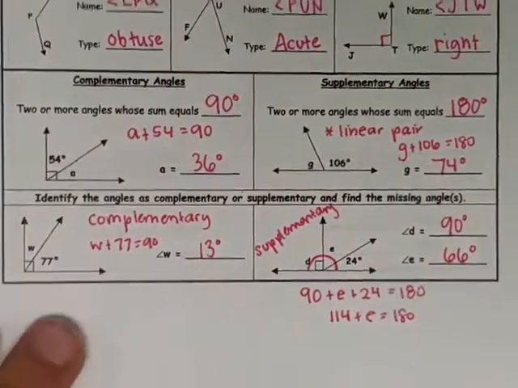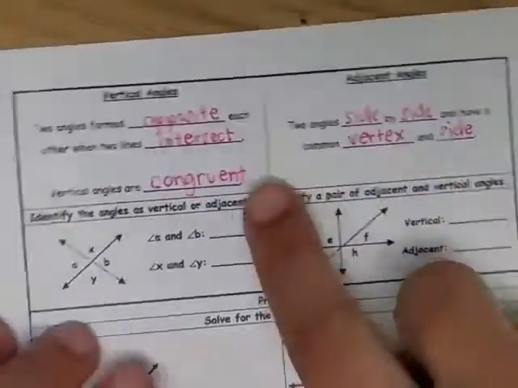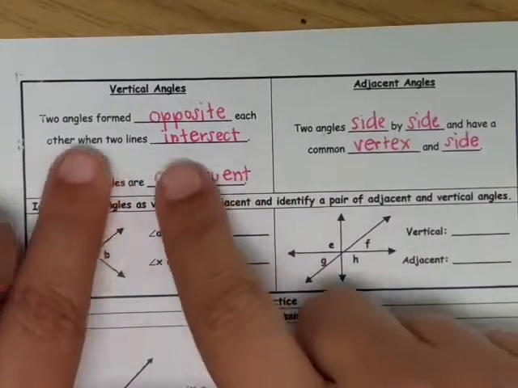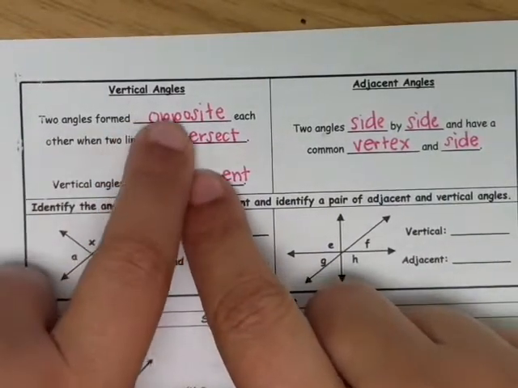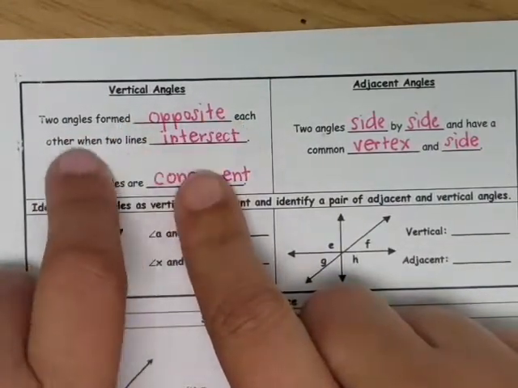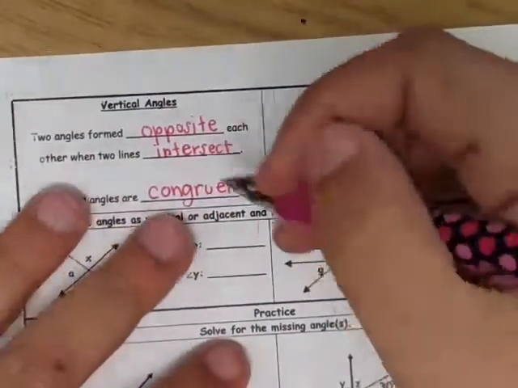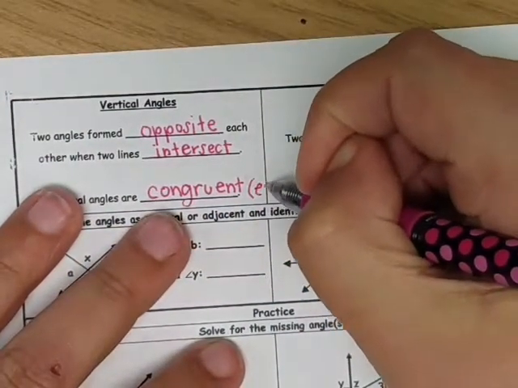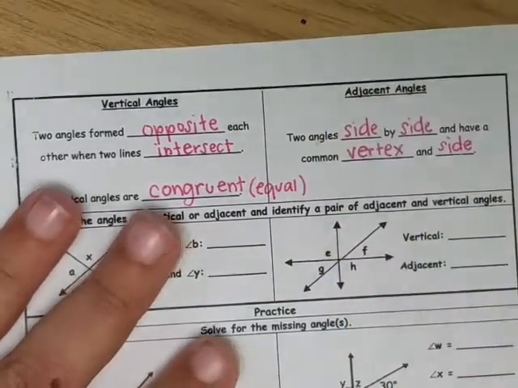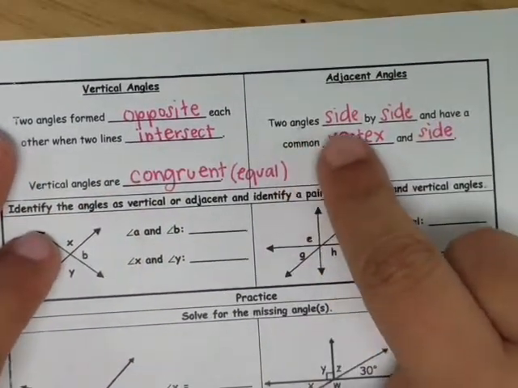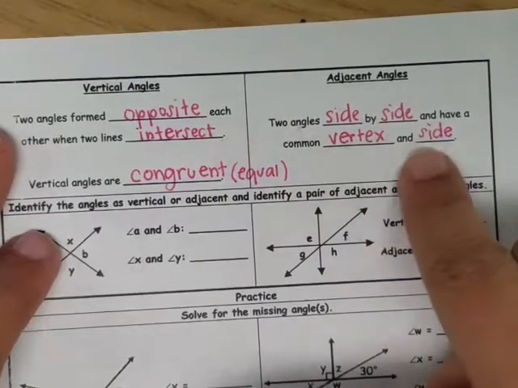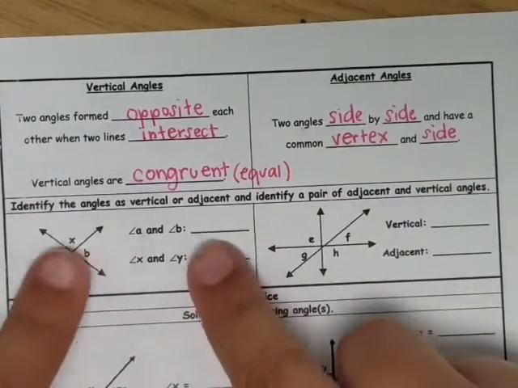Okay, so that's the front side. The inside is about vertical and adjacent angles. Vertical angles are two angles formed opposite each other when two lines intersect, and they are congruent. Congruent means to be equal, so if you want to write the word equal, you can. Adjacent angles are two angles that are side by side and have a common vertex inside. So down here are some examples of